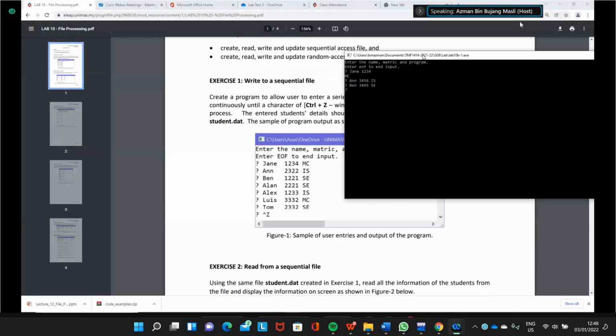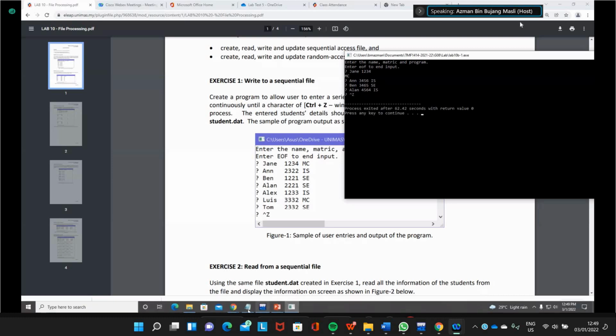Enter as many data, Alan, and then program is IS, for example. And then we enter the end of file. So that ends the input.